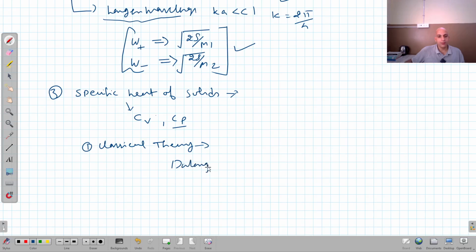Dulong and Petit's law, right? According to this, the specific heat of a solid is always constant, and it is equal to 3R. R is the gas constant, around 6 calories per mole. So if I plot a graph between temperature and specific heat,